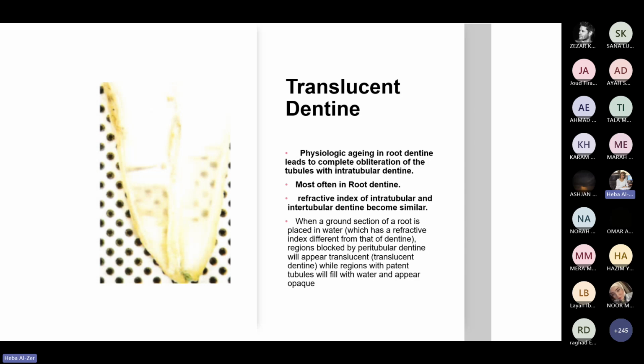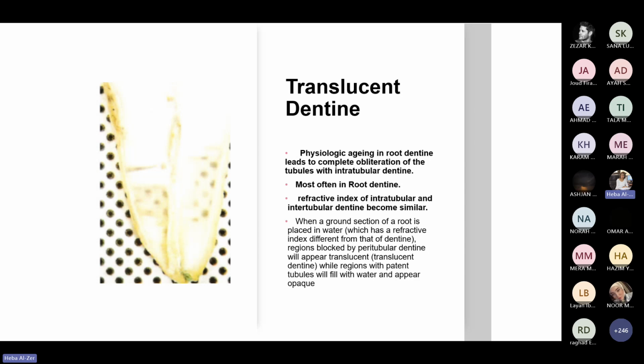There are no patent tubules anymore. If this happens and we take a ground section of the tooth, put it in water under light, what happens is all the places where the tubules are patent, which means open, will fill with water, while these areas that are closed by peritubular dentine will